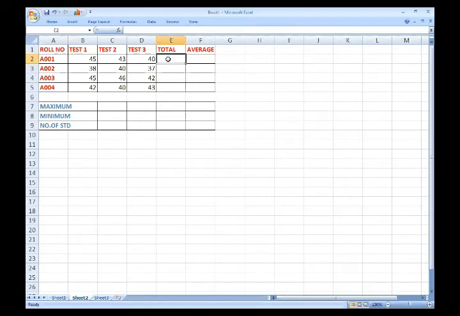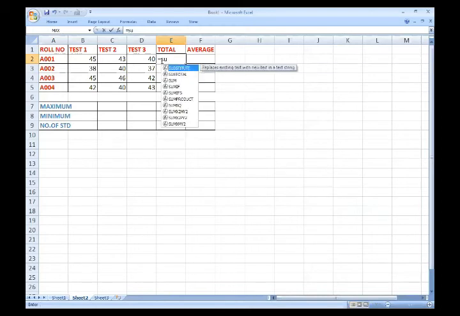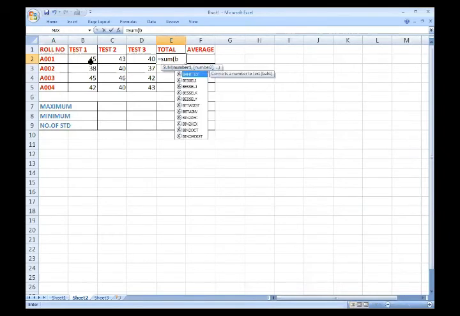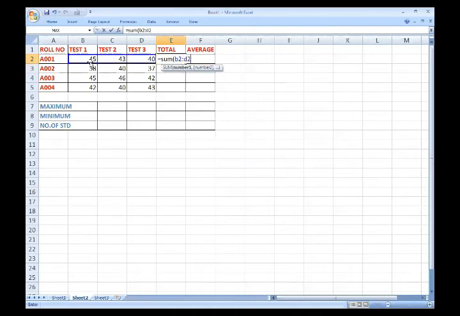And here you have to find out the total of each student first. So how will you find out the total? In Excel, a formula always starts with an equals to sign. For the total, you will use the function sum, and then the cell address within the parentheses. The cell address of the first cell is B2 to D2, and then you will close the parenthesis and press the enter key, so you will get the sum.